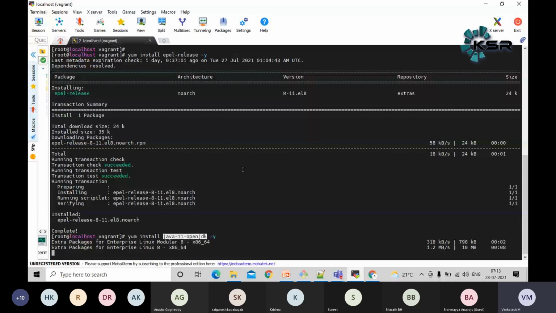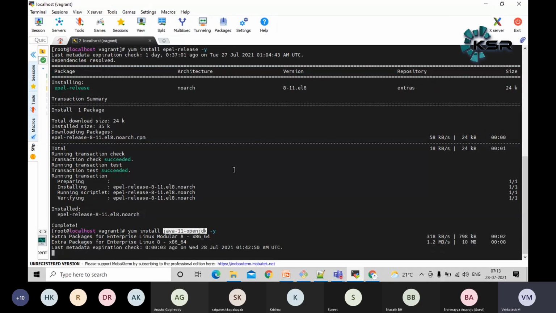Here we are not going to surf the internet separately, guys. I mean, we're not going to surf the internet and we're not going to download anything. We're just adding our repository and we're going to install the software. That's it, guys.